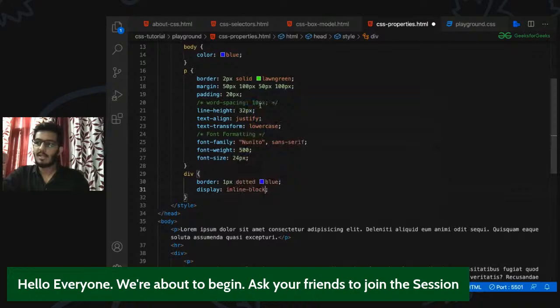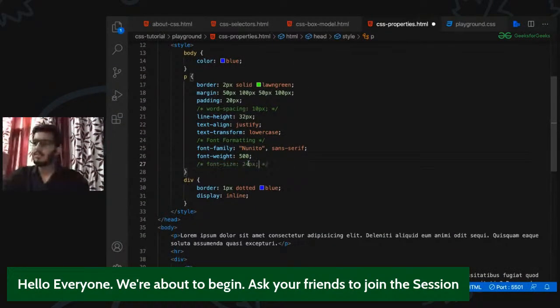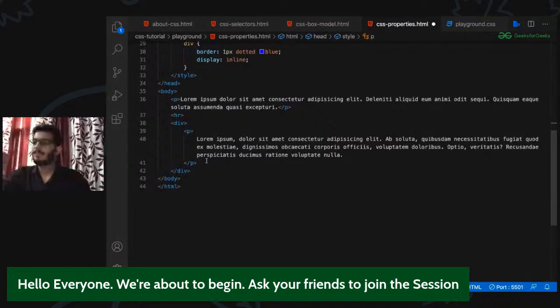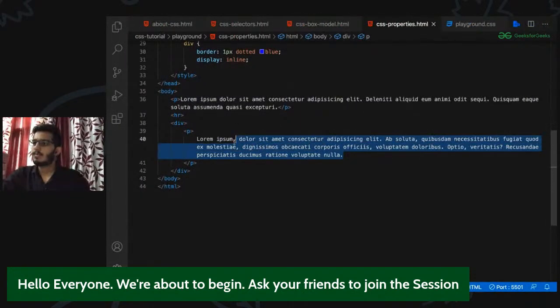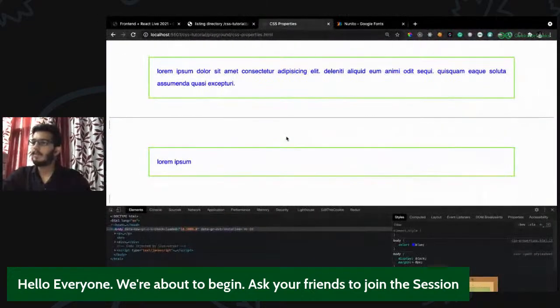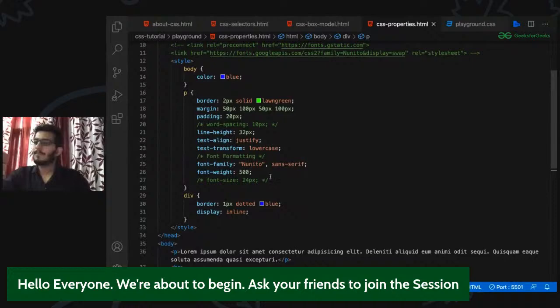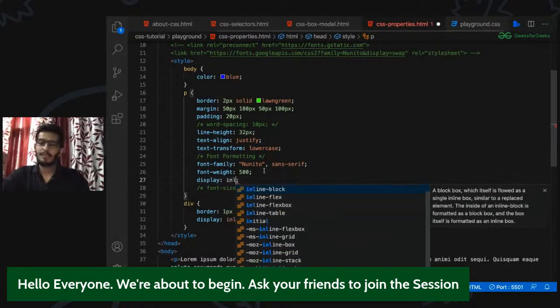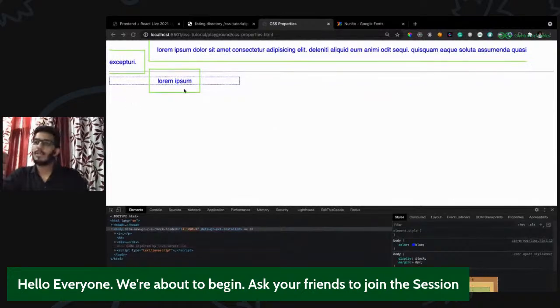I guess there won't be much difference, but we have given this padding and margin. So let's remove this and let's put some smaller content here. Okay. So now we see that we can give particular elements a default display property and override them by using the CSS,